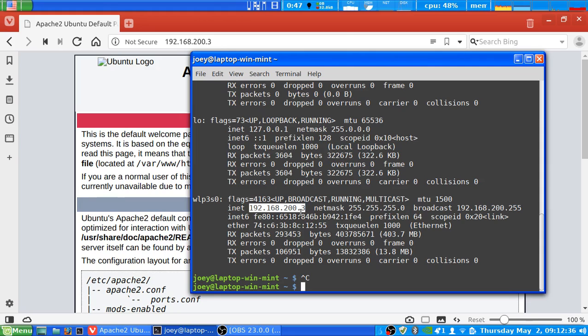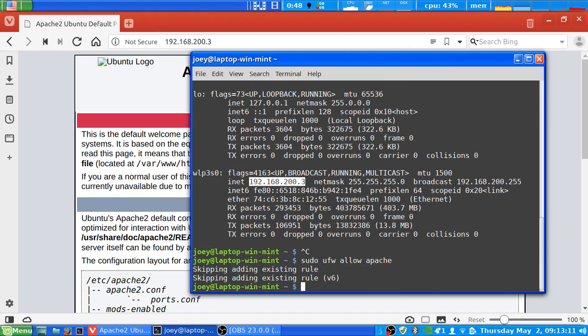Earlier I talked about installing the graphic user firewall. We have to add a rule so that it will allow Apache to go out onto the network and to receive communications in. So there's two commands for this. It is sudo ufw, user firewall, allow Apache. Now again, it's going to say that there's already an existing rule,